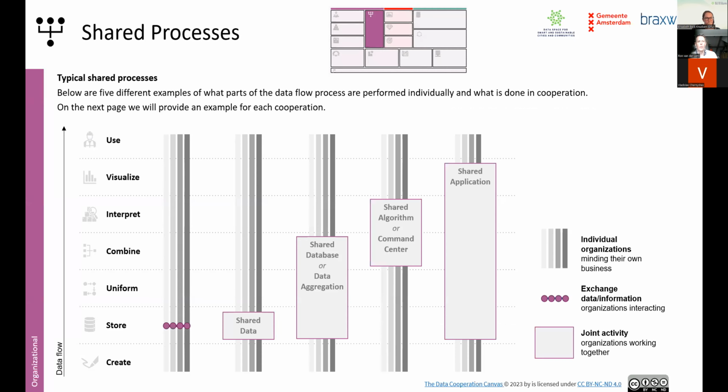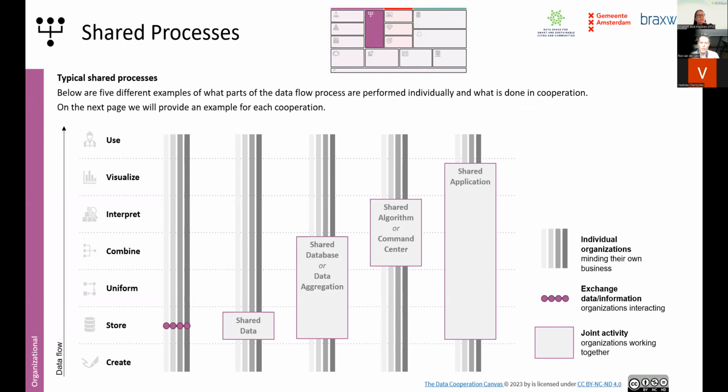When you want to look at the shared processes, looking at what you can do in the data cooperation, this is an analysis we did for analyzing a lot of data cooperations that already exist.